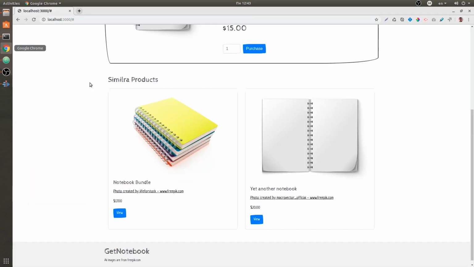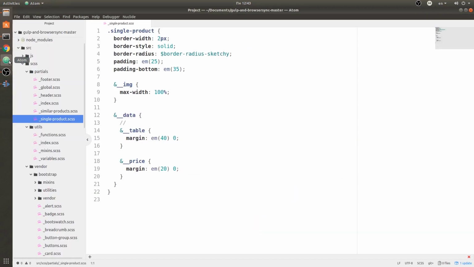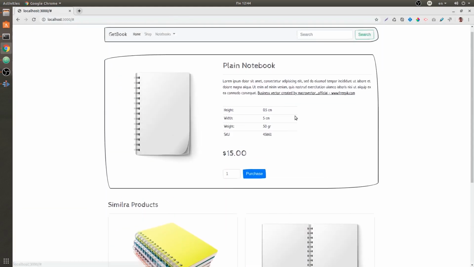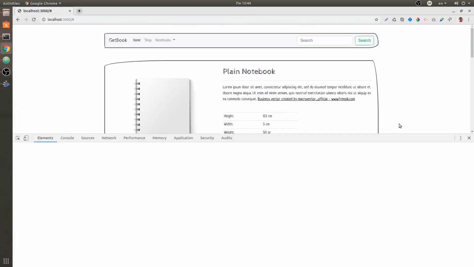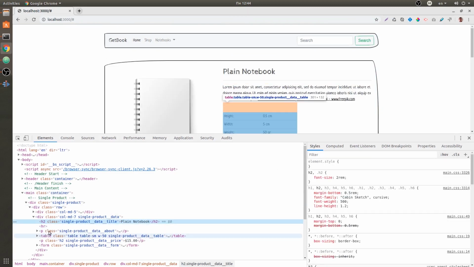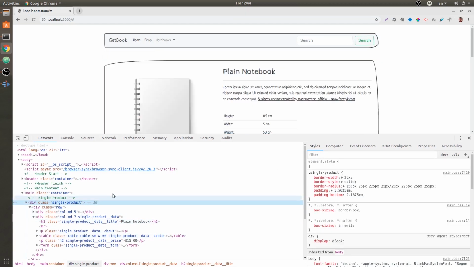And we can test that. Let me first check. So for example, we can check this padding bottom for the single product. If we go ahead and inspect our single product, the padding bottom is 2.1875em,